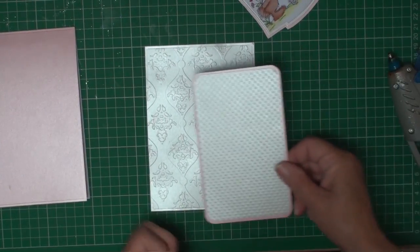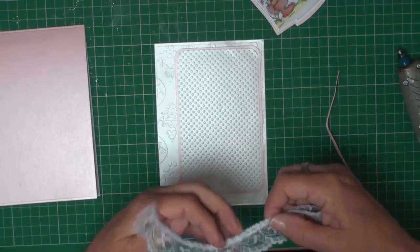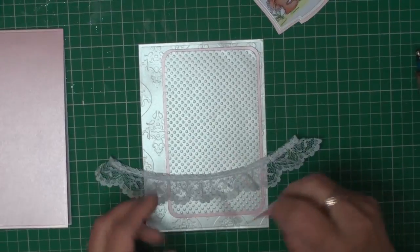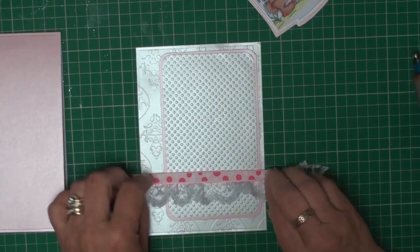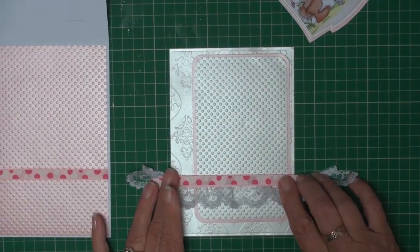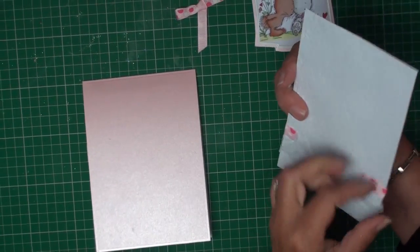I'm going to add this panel to the front. I've cut myself a nice piece of lace which is going to sit along the bottom, and then on top of the ribbon I'm just going to add in some matching ribbon as I've done for the inside of the card. The ribbon and the lace are now in position, and the workings will be hidden